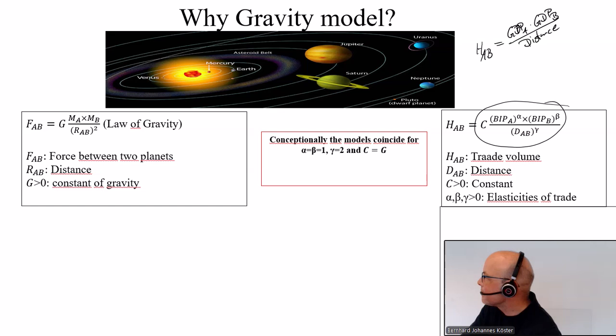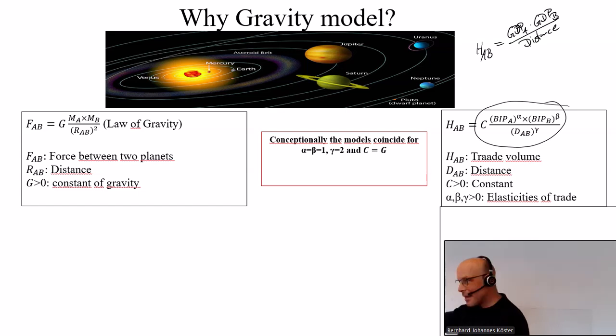And this is then the explanation why we call this the gravity model of international trade. Because maybe in physics, in your school times, you have heard of the law of gravity found by Isaac Newton in the 17th century. And he has found that he can very well replicate the data of the planets moving around the sun if we assume that gravity is a force between the sun and the planets,